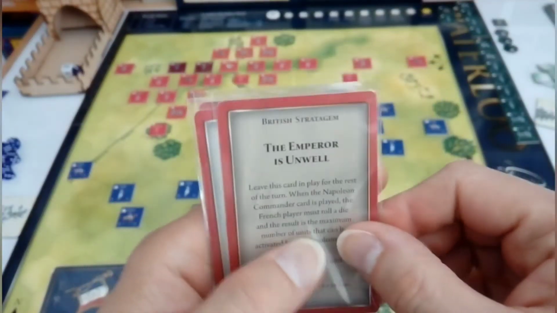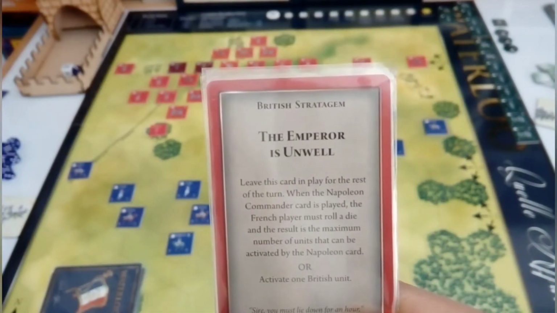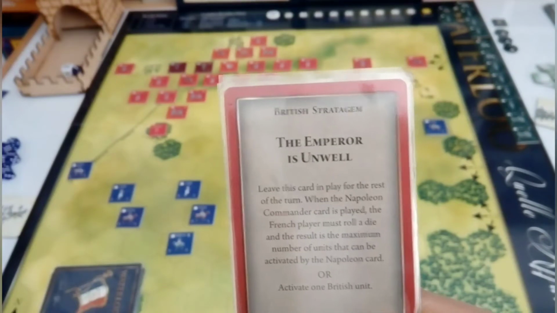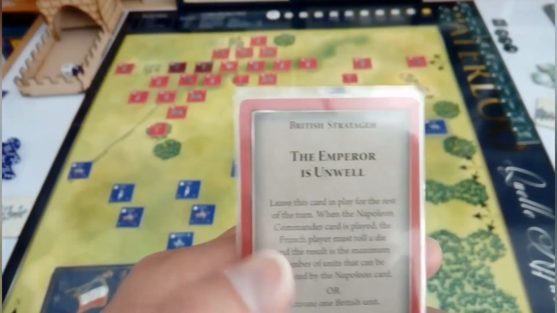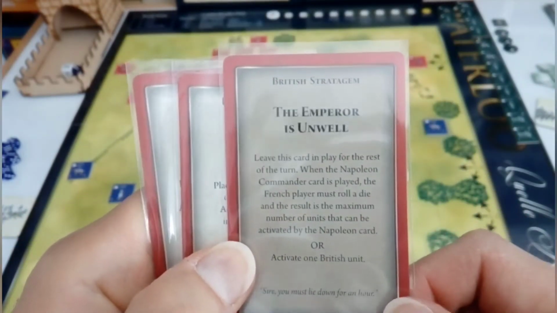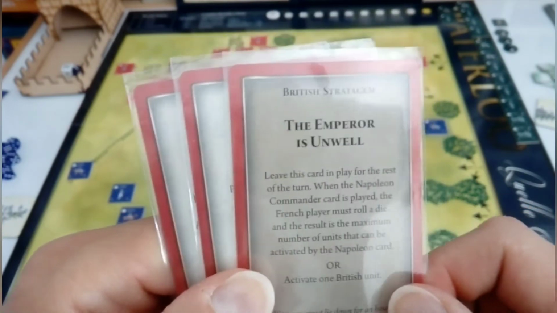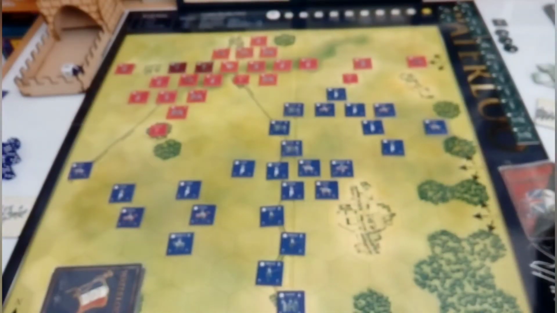So we can see the British have now drawn a stratagem, the Emperor is unwell, which will allow them to use the card for the rest of a turn. When the Napoleon card is played, the French will roll a dice, and the result is the maximum number of units that can be activated by the Napoleon card, or you can activate a British unit. So we probably don't want to use that either at the moment, because Napoleon's already been played this turn, and we probably don't want to waste it activating a British unit either, because this will be very useful later on in the game. So the Anglo-Allied are going to be forced into making a manoeuvre with one of the other cards on their turn,